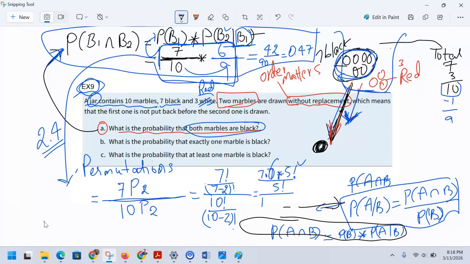And this will be 10 times 9 times 8. So here this is 8 factorial, and this is 8 factorial. So we can cross out the 8 factorial, and you can cross out this. What I left is